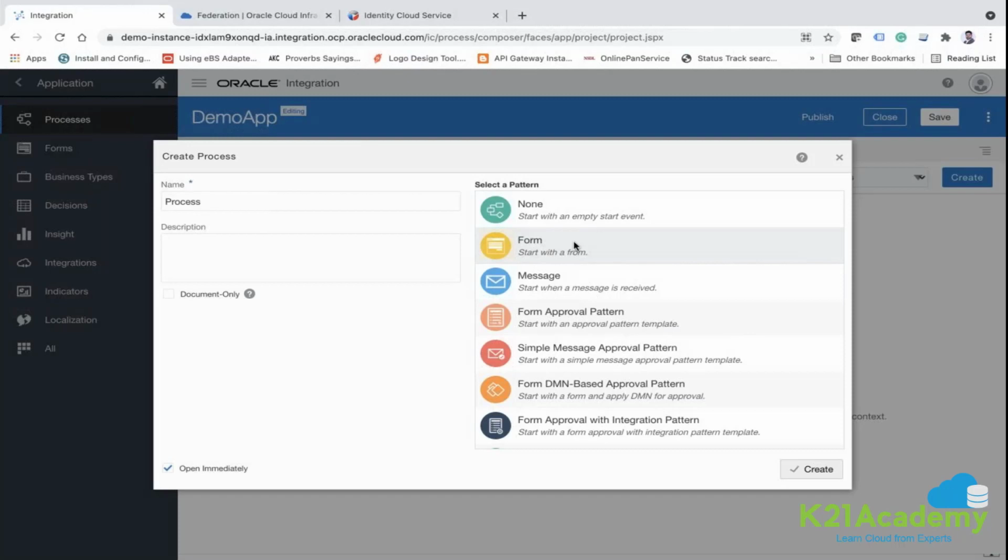Let's say you want to create a workflow for the leave management. In order to create that workflow, an end user should create a leave first, then only that workflow will be fired. So it will start from a form. So let's start a form, or let's say form approval pattern. The form is a simple form, means one form and then other actions. But form approval pattern will create a workflow where you will have two different swim lanes,